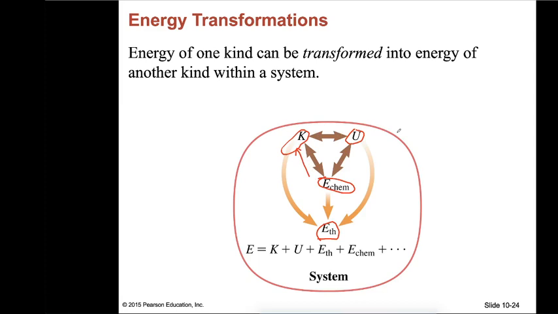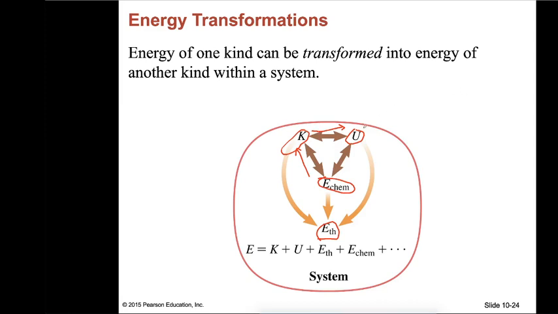For example, kinetic energy can be transferred into gravitational potential energy. Let's say if you throw or toss up a rock, when the rock leaves your hand, it has an initial speed, and as it goes up and up, the speed is getting lower and lower, meaning the kinetic energy is getting lower. However, the position of the rock is getting higher, meaning the gravitational potential energy is getting higher.